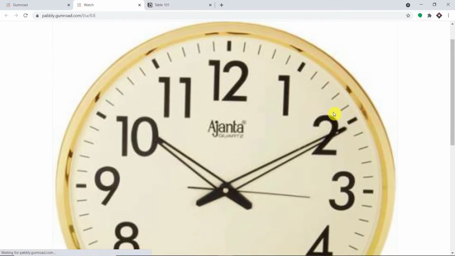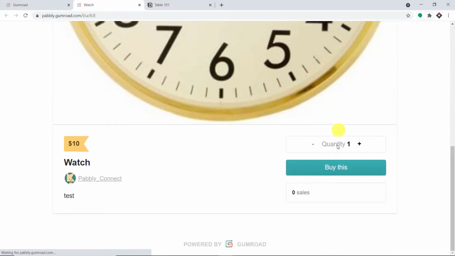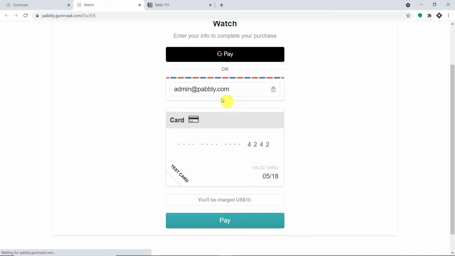So let's say a customer is going to purchase this particular watch in Gumroad. The person is clicking on buy it now and these are the card details of that person. Thompson34@gmail.com, that's the email address of Thompson, is making the purchase.